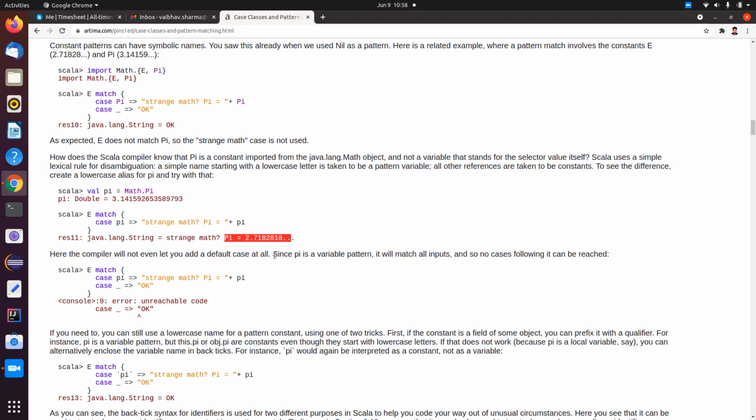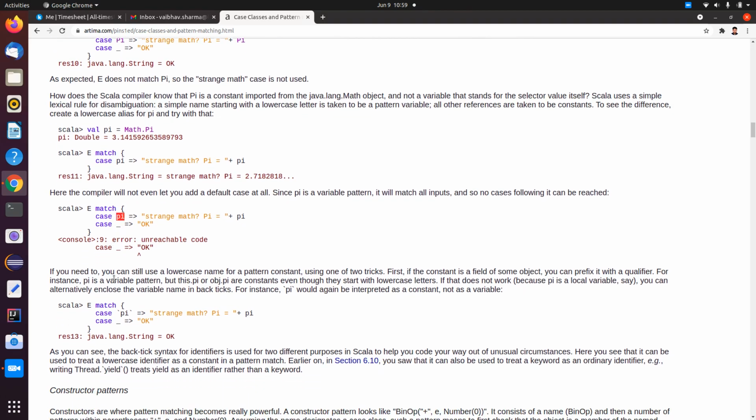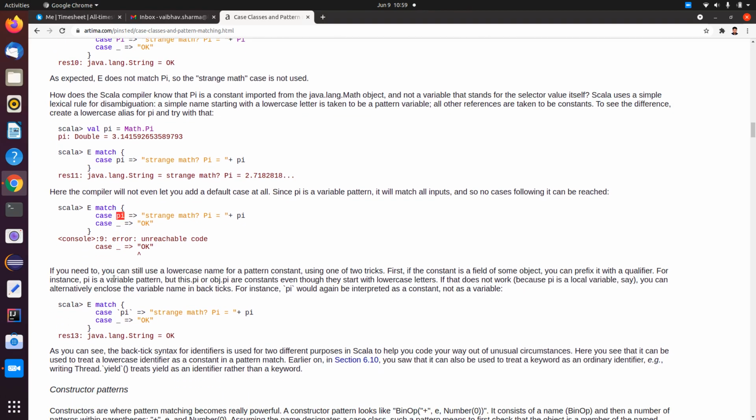Because pi is a variable pattern, it will match all the inputs, so no cases can be reached. Even in this case you cannot add something like the wildcard pattern, because pi will match all the cases, since it is in lower case. That is the difference between variable and constant patterns.